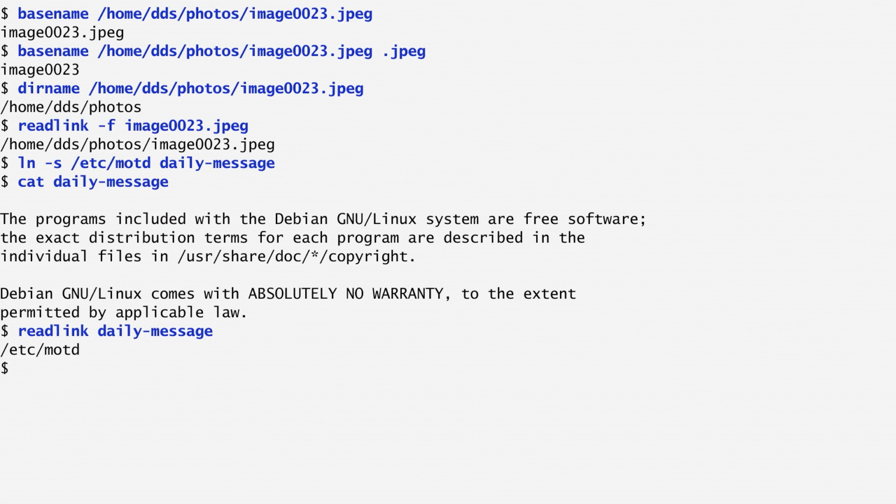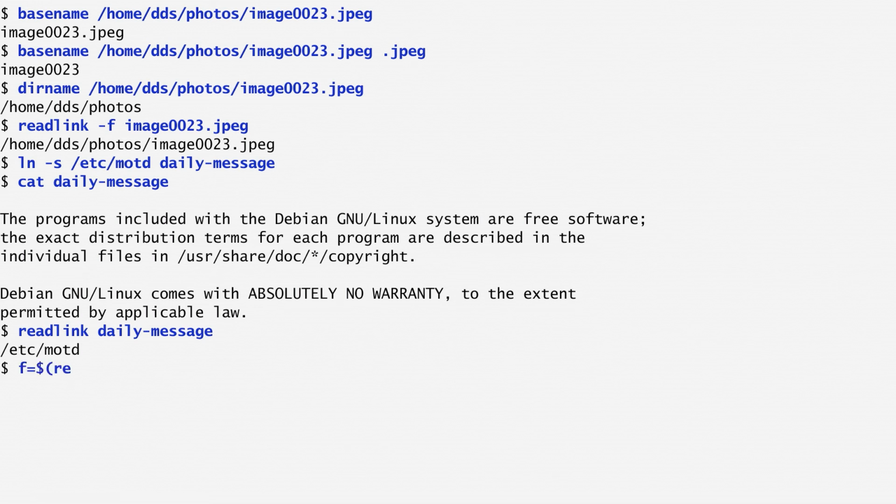Now, let's combine all the above commands in a rather convoluted way in order to display a file's path with a different extension. This can be useful if we pass the path as an argument to an external graphical file editor. We'll use the above file, image0023.jpg.